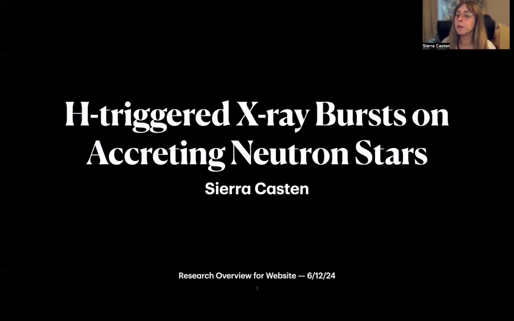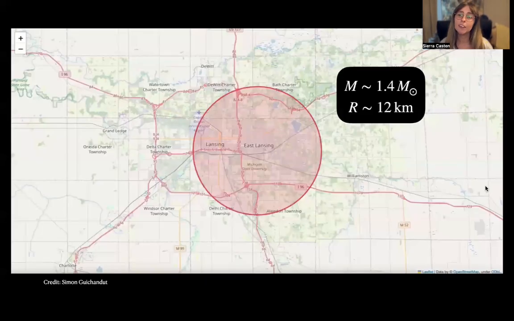Neutron stars will form when massive stars collapse. They're incredibly dense objects. Think of something about 1.5 times the mass of the sun, all squished down to a radius of about 12 kilometers, which in most cases is about the size of a major city. In this case, if you take Lansing and East Lansing as a major city, I just had it centered on